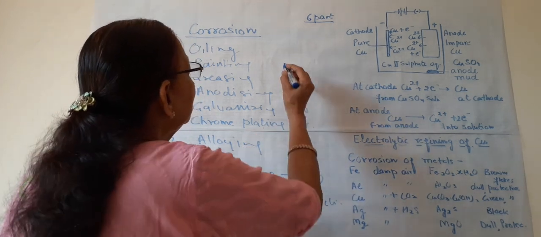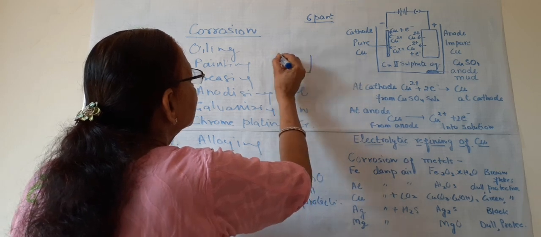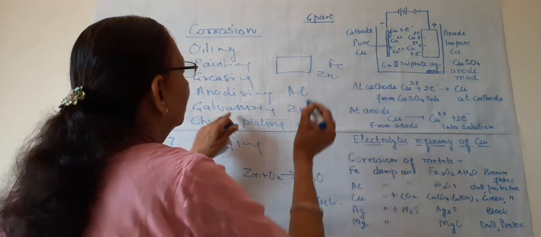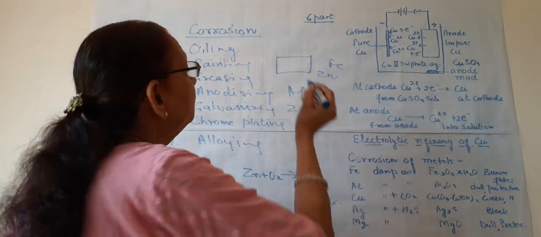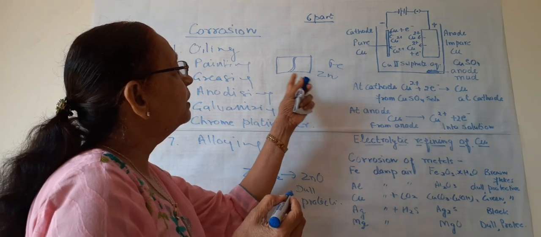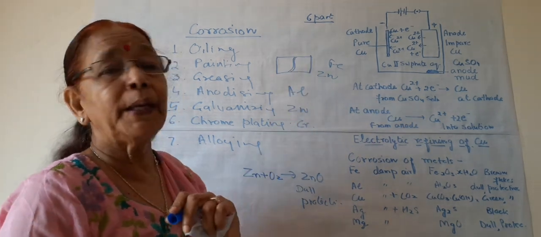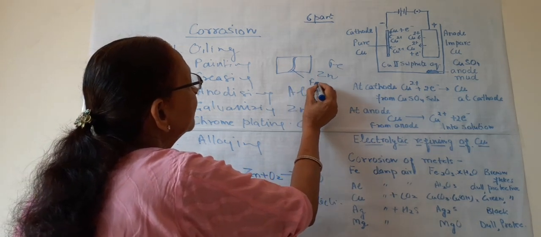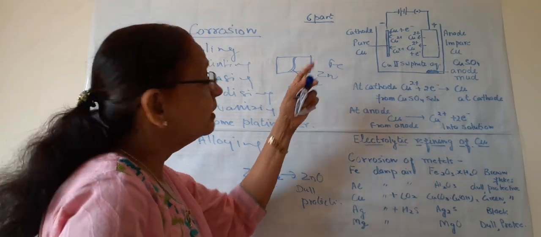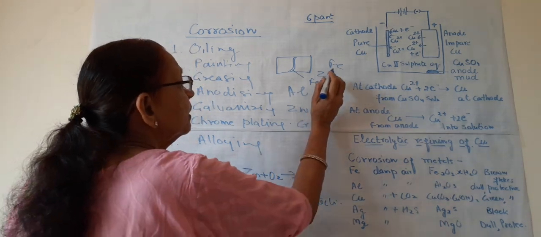But one thing happens, sometimes it is asked in the exam also. Suppose this is an iron plate and it is galvanized with zinc. What happened? Sometimes a crack may develop. After galvanizing, a crack may develop on this iron plate, and this iron is exposed to air, but still it is safe. It is secured. Why is it safe? Because zinc is